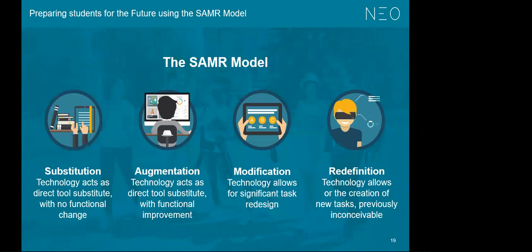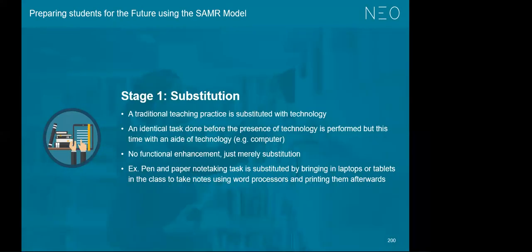for the students. The SAMR model is also a model that we can consider to be addressing the first order application of technology, which is the substitution and augmentation. And the higher order or second order change would be the modification and redefinition. Now let's start looking at these levels one by one. So stage one, which is